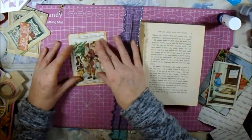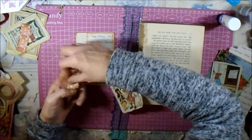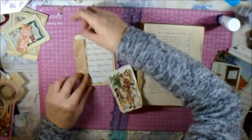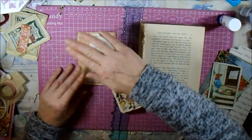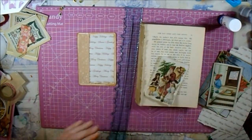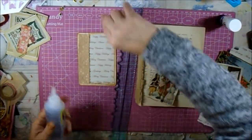Oh, that's nice. I like that there. I might have a bit of fabric here. Oh, I think I'll have that there. That was right handy. It was just sitting there next to me. What am I looking for? This. So